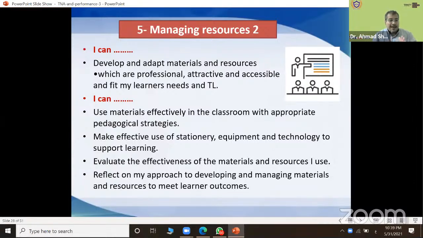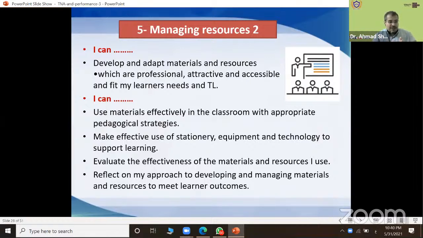I can develop and adapt materials and resources which are professional, attractive, and accessible and fit my learners' needs and target language. So when you develop a material, maybe a presentation, PDF, activities, you choose or develop something which is attractive and accessible. It is easily accessible by your learners.